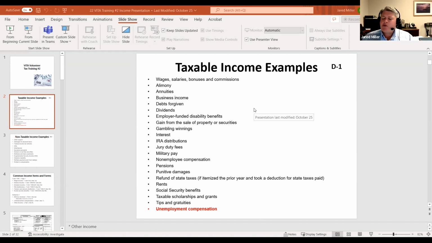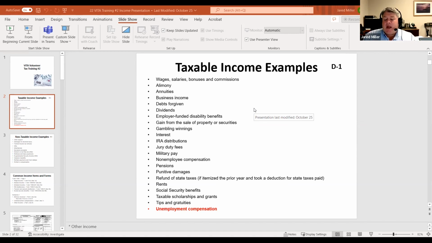A couple other things we'll be talking about are things like annuities and retirement activity. We'll also be touching on business income today, which would be an area where an individual actually has income from self-employment. We'll talk about how to deal with those. At the end of the session today, we'll talk about what type of forgiven debt will be in scope within VITA. Go through areas of interest and dividend shortly after the wages.